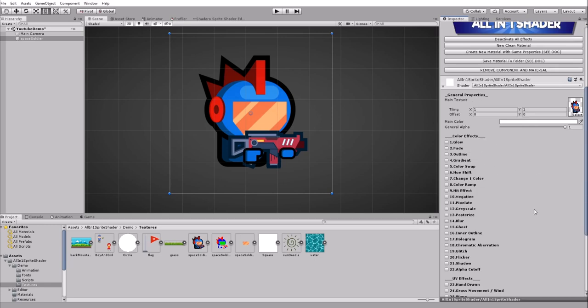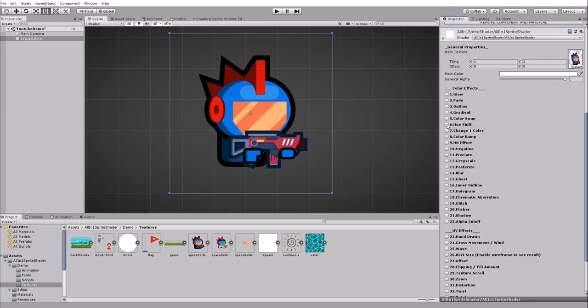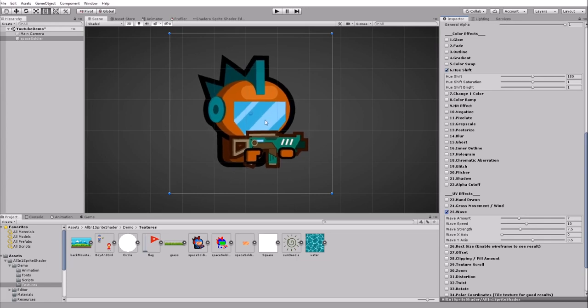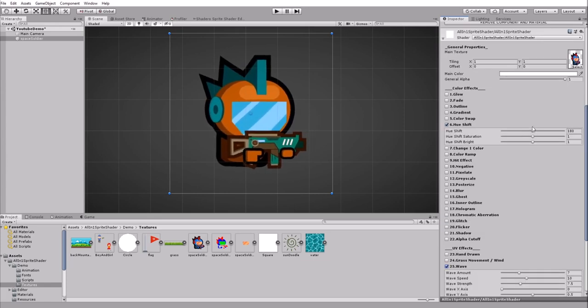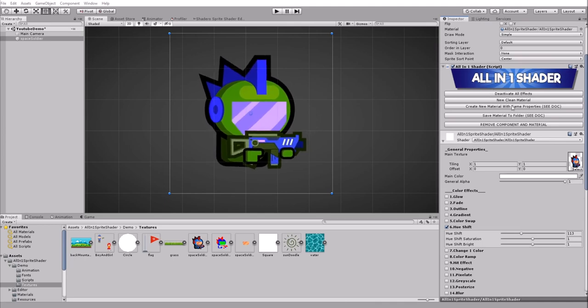On this new material you'll see a custom inspector with all the effects of the asset. Here you can just pick whatever effect you want and they will automatically stack on top of each other. Obviously, playing around with this stuff is a lot of fun, but for now we'll focus on the options that this component gives us. The first option is deactivate all the effects, so if we press this button, we'll see